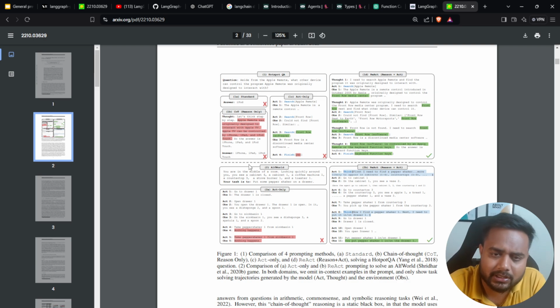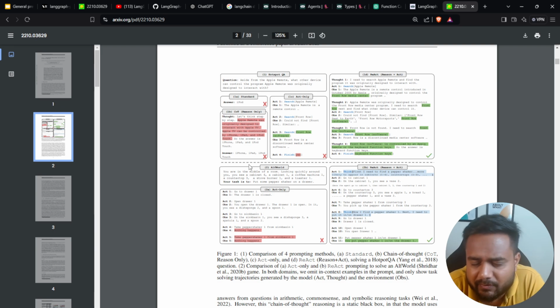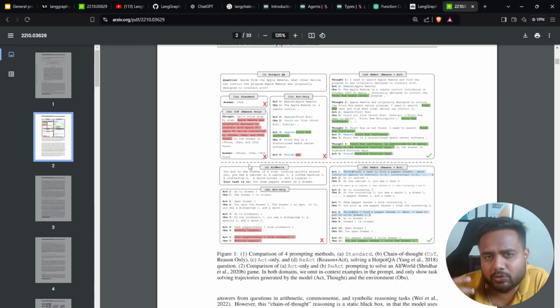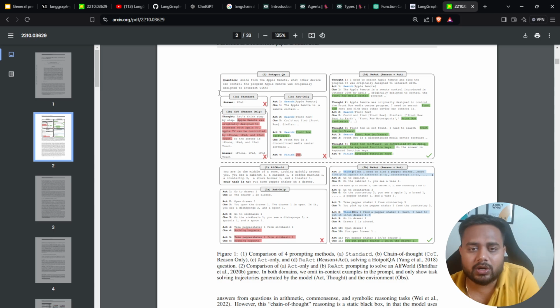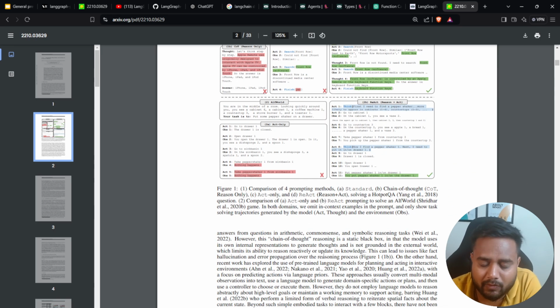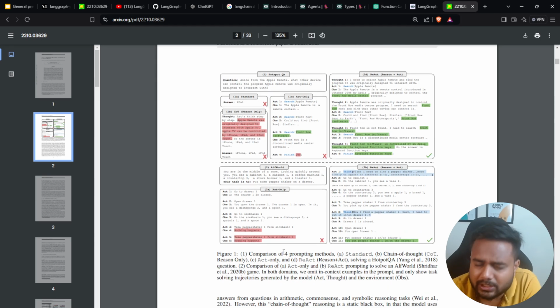try to understand why they came up with this particular solution, because there was some problem with the normal prompting, and with chain of thought as well. So that's why they came up with this React approach. React means reasoning and action. Again and again, the model will think about the answer based on the given prompt itself. So first of all, let me show you the working process of the React agent,